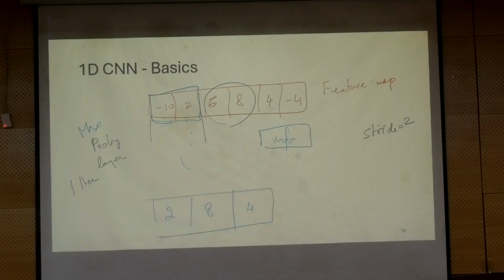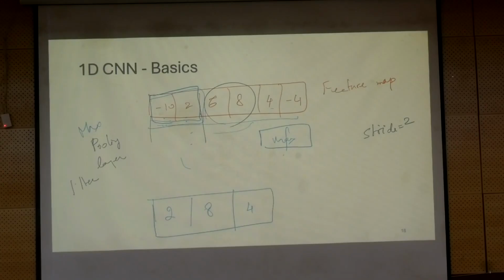So what I want you to understand is, the pooling layer will have a filter whose size is typically greater than 1, and usually 2 for us. What that will result in is that it will reduce the length of the feature vector or feature map coming out of a convolution layer by half. So if you have 6, you will get 3. This is possible because you have a filter size 2 in the pooling layer, and whenever you have filter size 2, you will have a stride 2. So you will cover the first 2, then go on to the next 2, and then the subsequent 2. Okay, there will be no overlap.